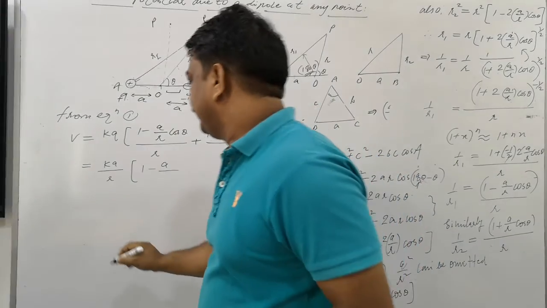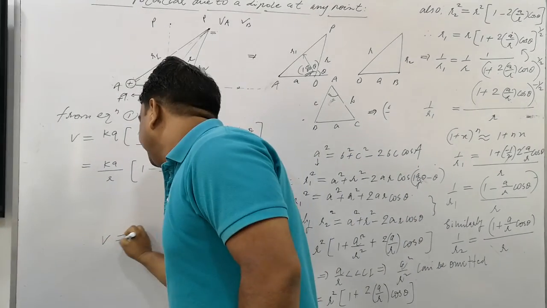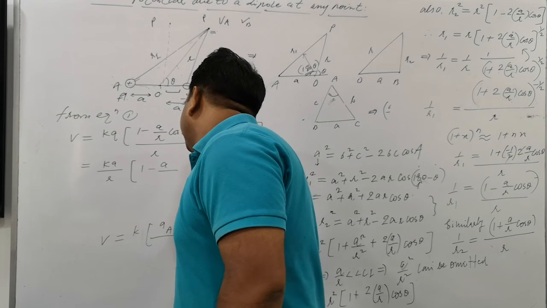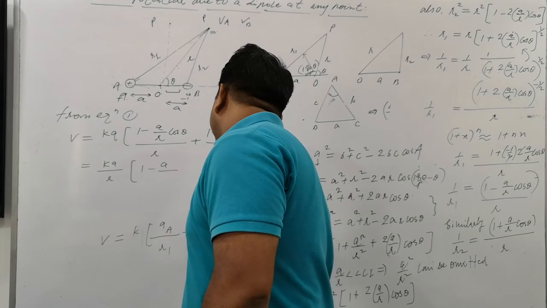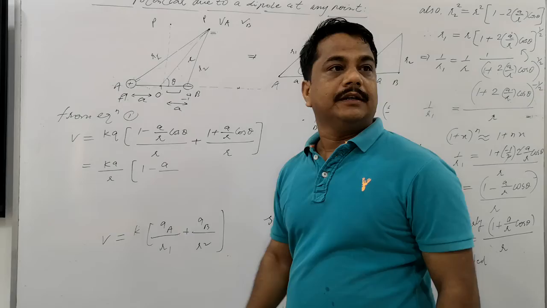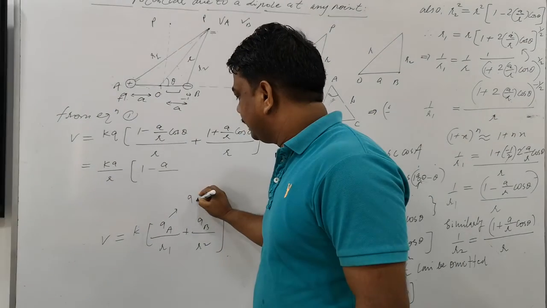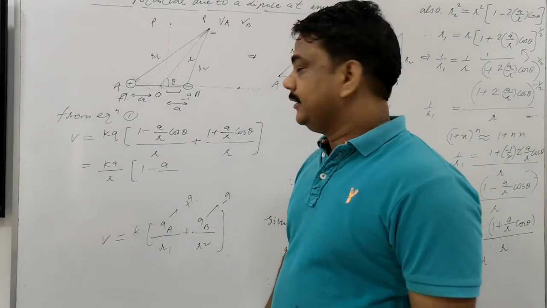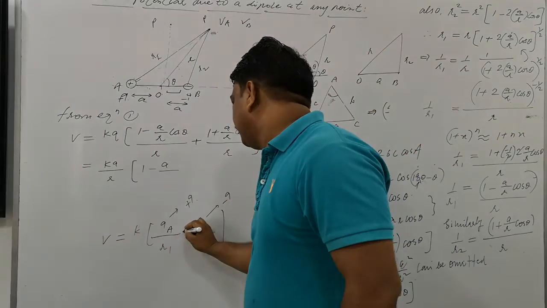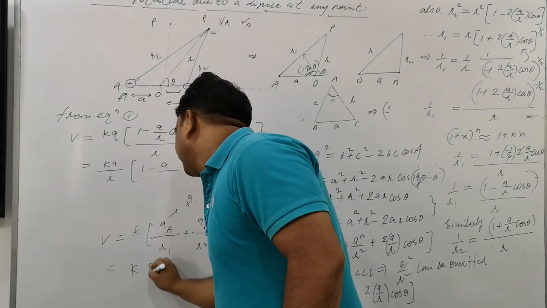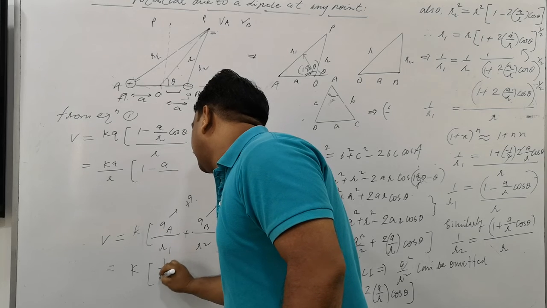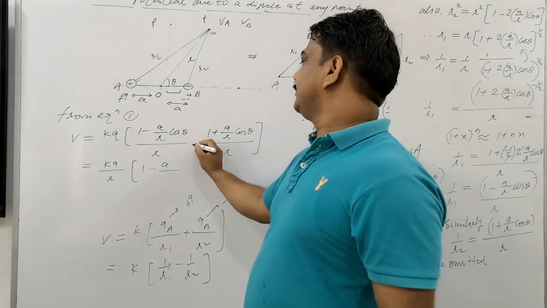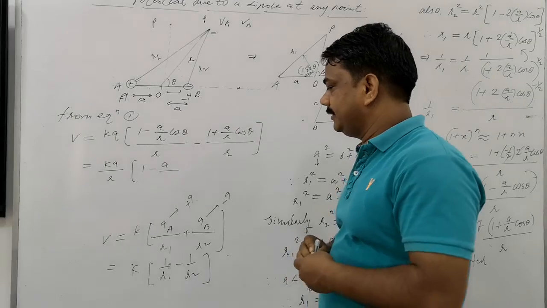Look, the charge we brought here, equation 1 was V is equal to K, QA divided by R1 plus QB divided by R2. So QA is what here? It's minus Q, and the other is positive Q, or this is what here? Minus of Q, right? So equation 1 is to be corrected here. Here will be minus. After taking common KQ, here will be 1 by R1 minus 1 by R2. Minus will occur here. So equation 1 is to be changed here. Negative will come. We forgot to put the negative.